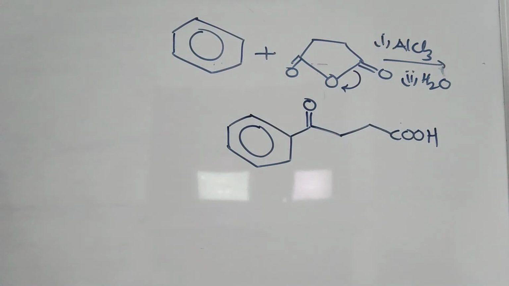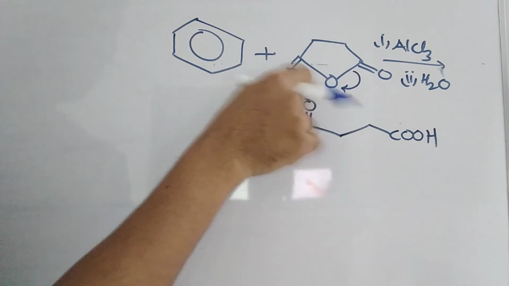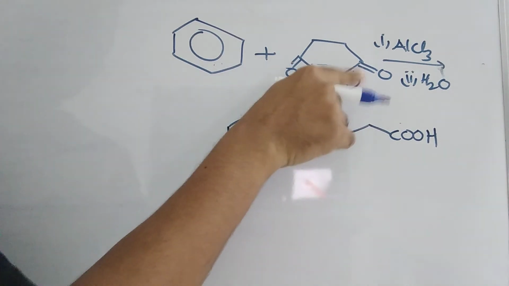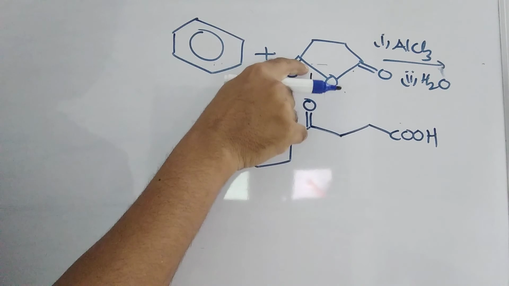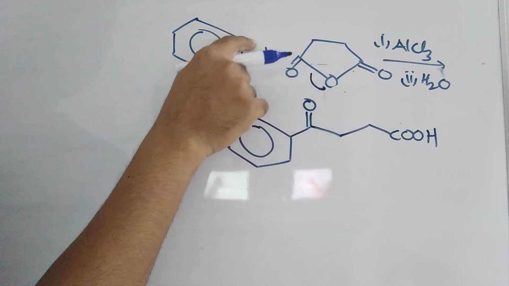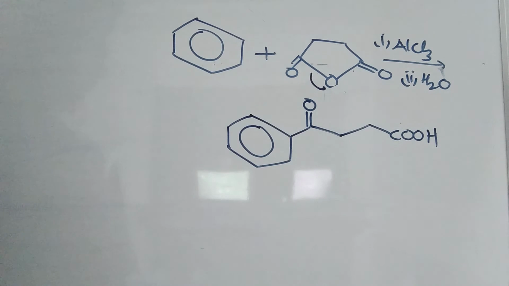It is Friedel-Crafts acylation only. Friedel-Crafts acylation can be carried out using acyl halides. Otherwise we can go with acid chlorides, or you can use even acid anhydrides also. With AlCl3, you break this side or any one side. Okay, now or you break this side, no problem. It is going towards the oxygen, so this carbon will get a plus charge, so it is added here. C double bond O, CH2CH2COOH.